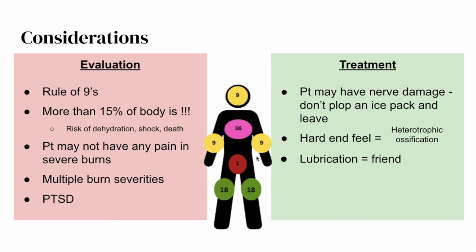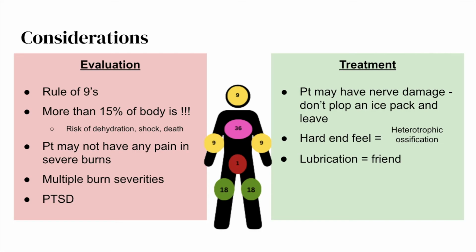The trunk is worth a total of 36% if you think of the front of the trunk as 18% and then the back as 18%. And the private area will be 1%. And so all of this adds up to 100, and if somebody has burns of more than 15% of the body, it's not good. They should see a doctor because they are risking dehydration, shock, and also could be death